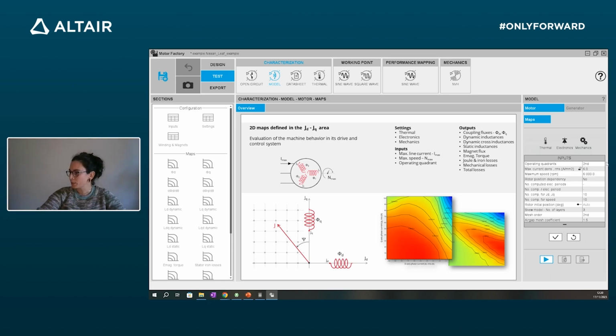So the operating quadrant is by default the second, because we want to consider the motor operating system. Then we have to set the maximum current density, that in our case is the maximum line current in RMS, and we have to set 300. Here we have the maximum speed, could be 10,000 RPM. We can also consider the rotor position dependency. So if you click on yes, the time will increase,